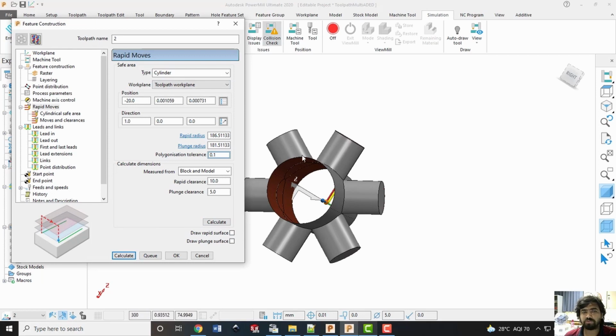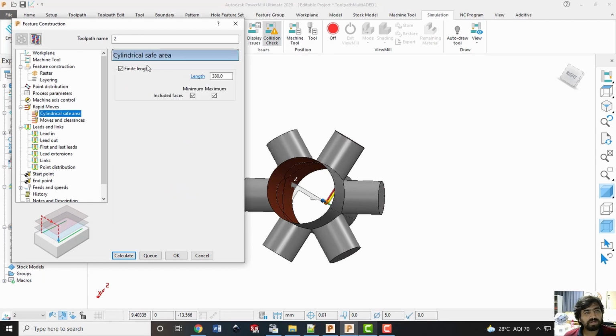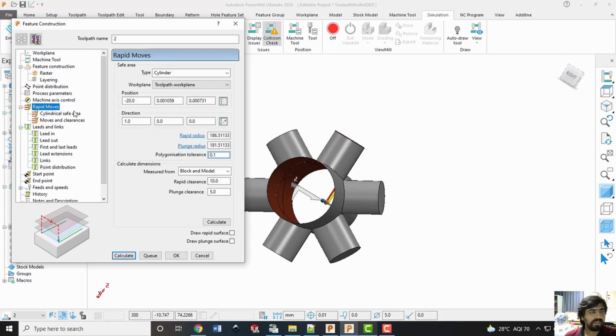It will calculate based on your deposition on the substrate, that each time after depositing anything on the substrate, it will move to the safe location. Already the height of the safe position of the deposition head from the center of this cylinder has been calculated automatically. Now keep the rest of the options the same and calculate the tool path. It will take a few seconds to calculate it.